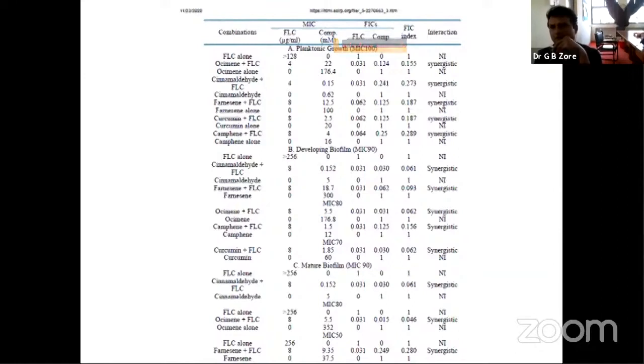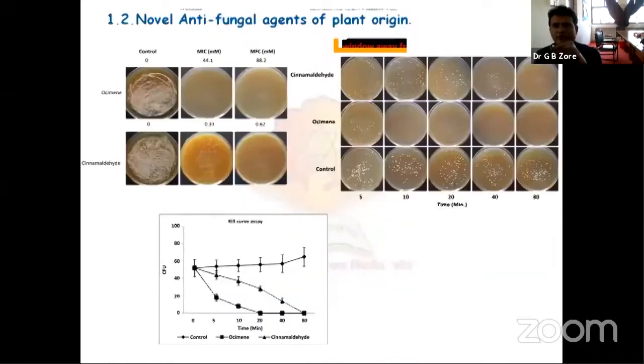So you can see here how we did MIC and MFC of these different molecules. On the plate, we sprayed a specific number of Candida albicans cells on these YPD agar plates. It was grown for 24 hours, and then you can see those colonies. So the concentration which is responsible for killing 100% of the inoculum is considered the minimum fungicidal concentration,